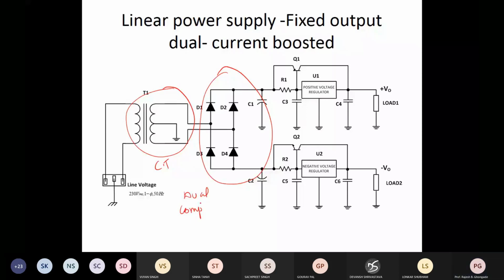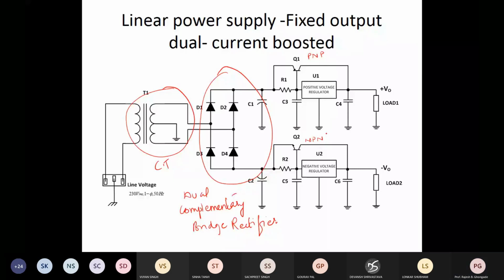complementary bridge rectifier. It will generate a dual power supply. If you remember, I had given you this kind of circuit when we studied LIC long back. There I had introduced this kind of dual complementary bridge rectifier. And again, this is current boosted. Here you can see you require a PNP here, but you require an NPN device here. Most of the times we take a matched pair.